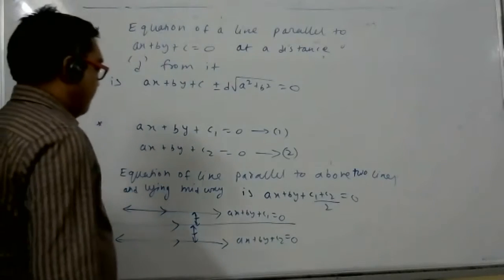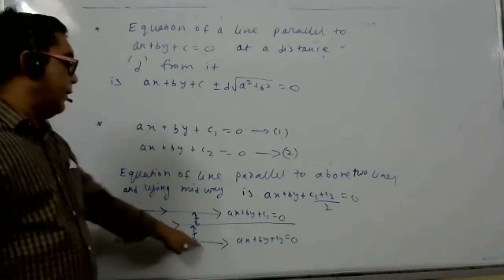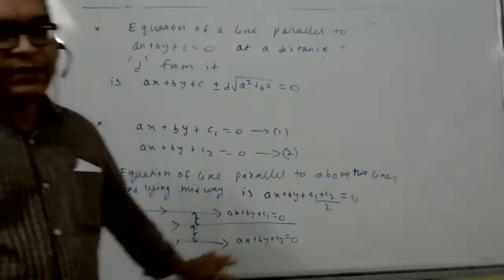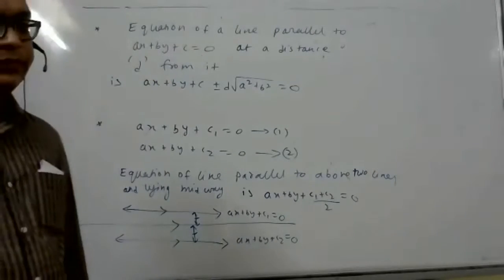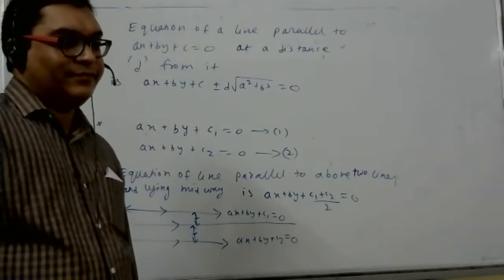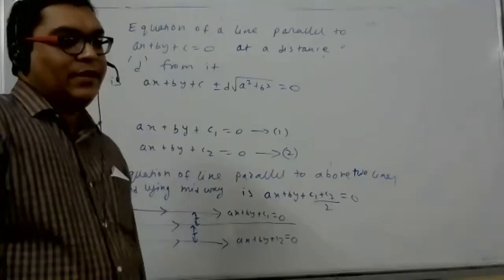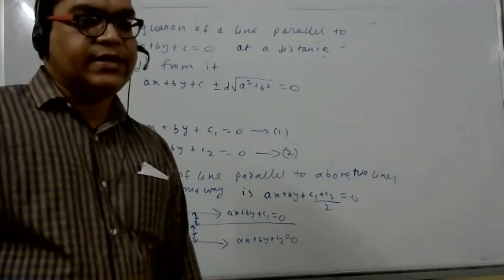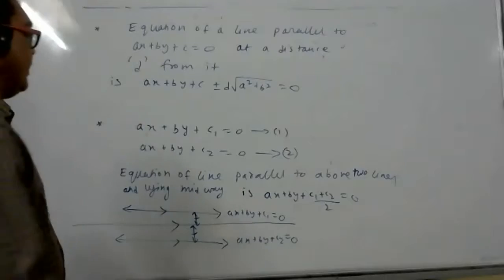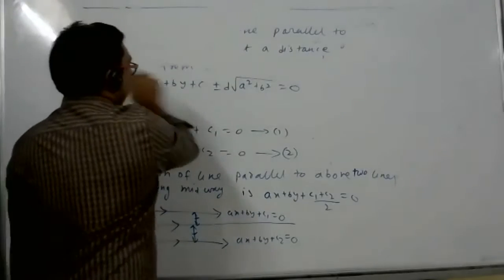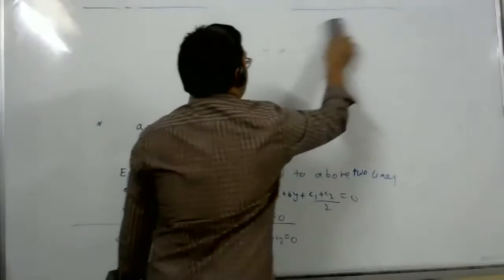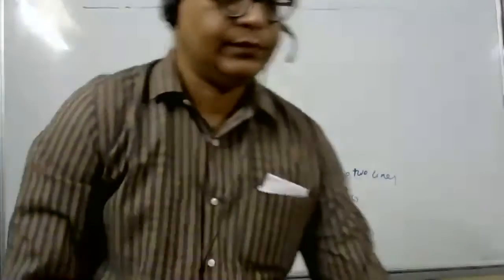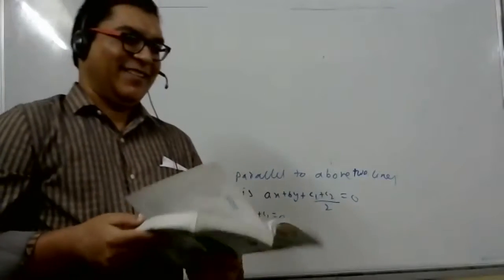Sir, it's basically the midpoint, sir. Passing through the midpoint of the above 2 lines. So I have not done the proof. Sir, here also it is the same. Like how C1 plus C2 by 2 is there, similarly we would have done for both the lines, but as you know, it will cancel. Is it very necessary to do the proof, or shall I skip the proof and do some sums? You can remember the result. Most of you say, I will do that only. Do we need proof of this, or shall I skip it and do some sums based on this? Sir, if we know the proof, we can remember the result easier.